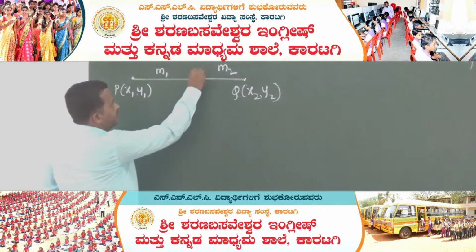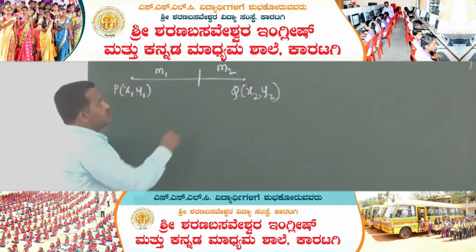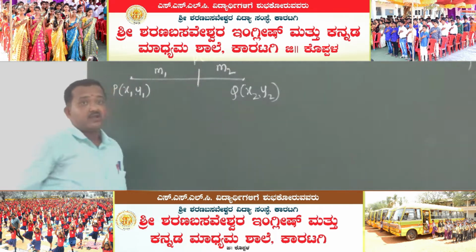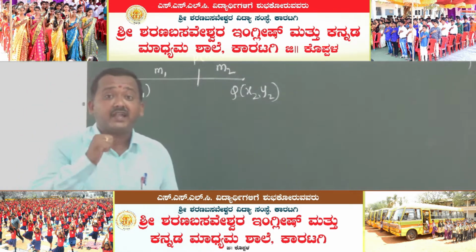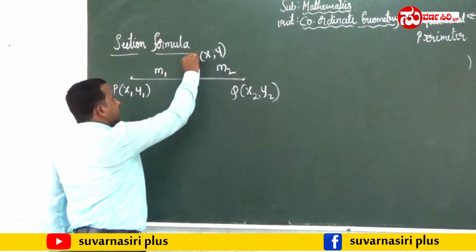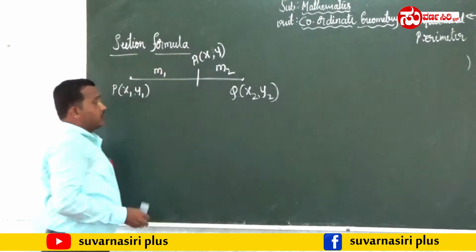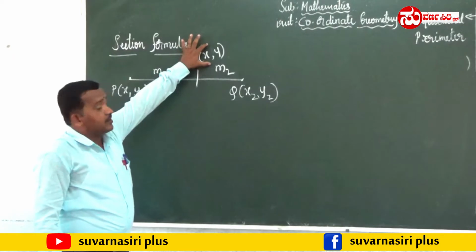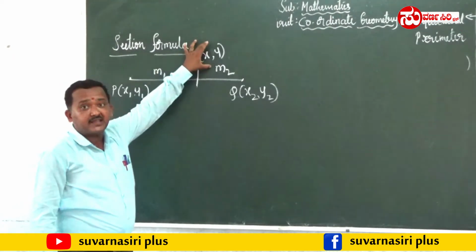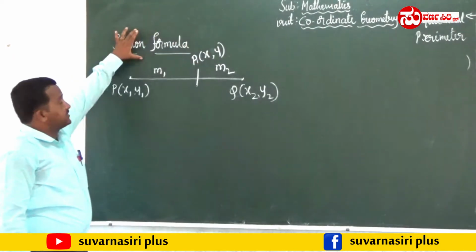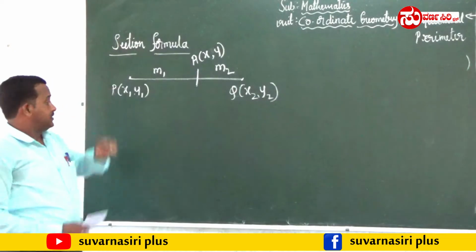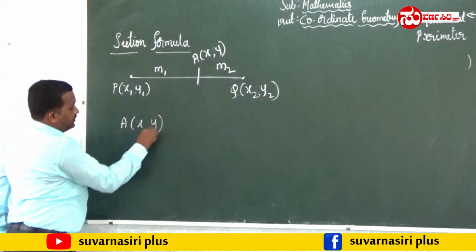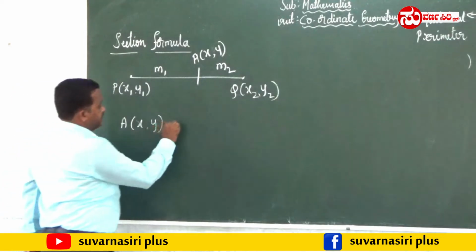There the point will occur. So what will be the coordinate of this point? Let us take it as A. Already we have taken P here. So what is the coordinate of this point? To find that coordinate point, the section formula will help us. So the formula of the point A of x, y is given as